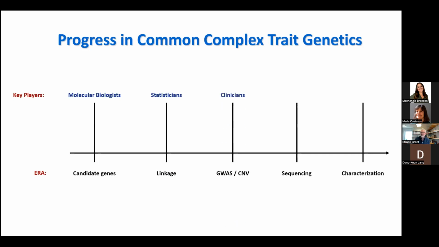GWAS really changed that, in that we had much larger case control sets. And that was really the domain of the clinicians, because we as scientists were very dependent on the clinicians giving us the samples. And then sequencing those DNA collections, we're really at the mercy, if you will, of bioinformaticians to be able to do their thing and analyze these large scale data sets.